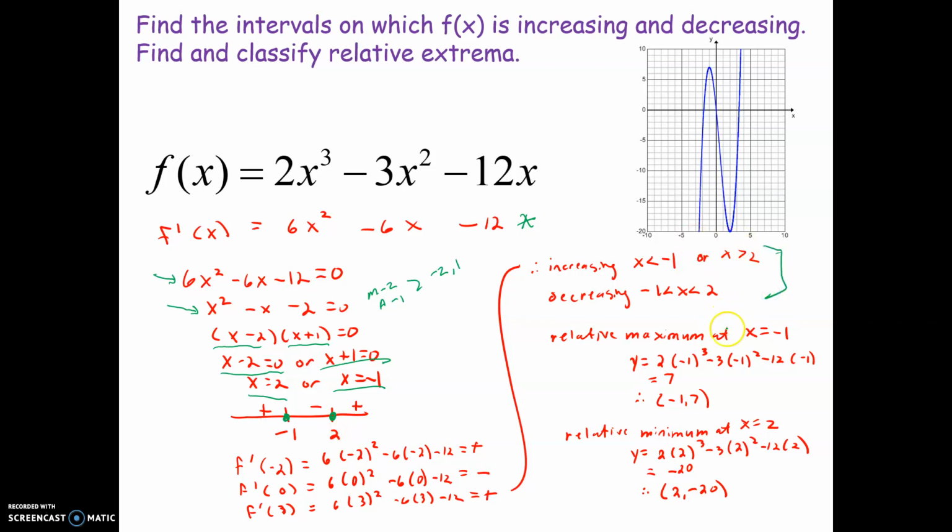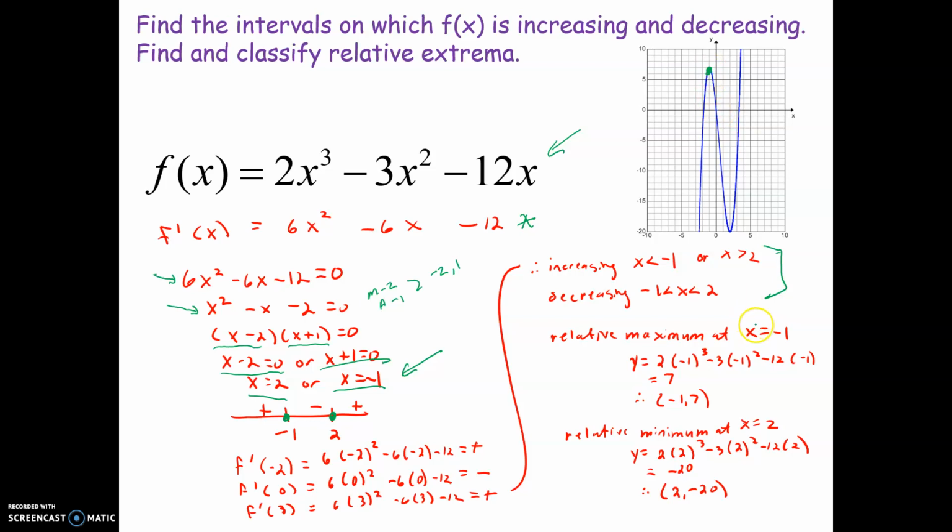Okay, my relative maximum is at a negative 1. I found that out back here. But I don't know what the y is. So I chose the original equation right here and put in my x of a negative 1. And when I did that, I got my y of 7. So I know at a negative 1, positive 7 right up here, I have a